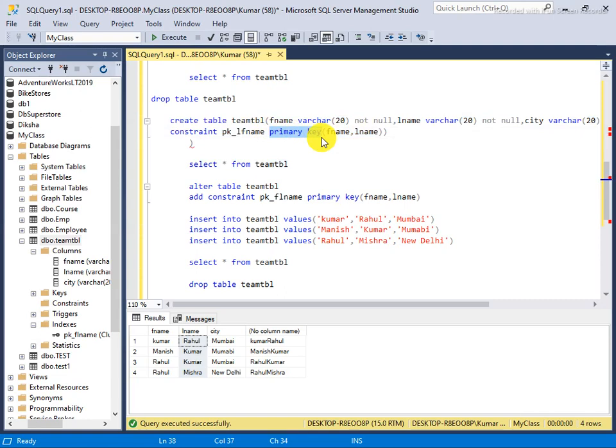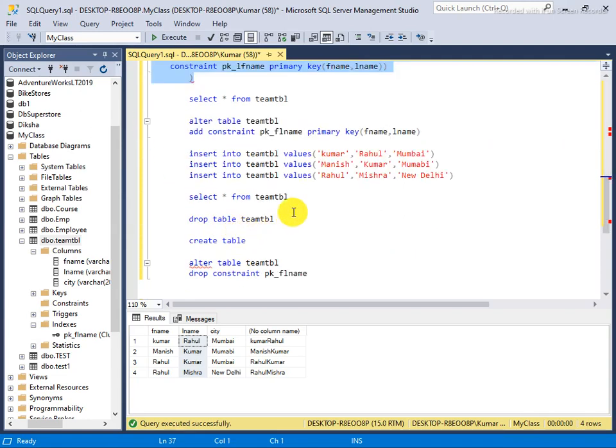But it is not only indexing, it also avoids duplicate entries and does so many other things. So you can't say it's just an index. And if you notice here, both the combinations always follow the ordering, like Kumar, Rahul.